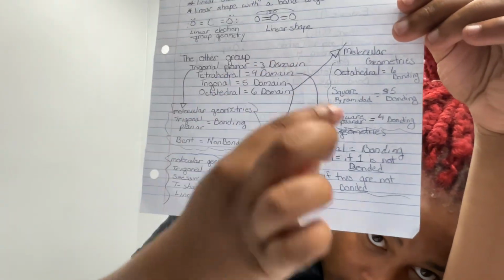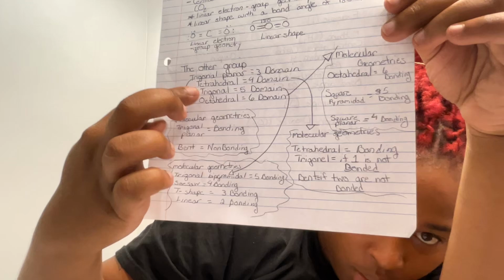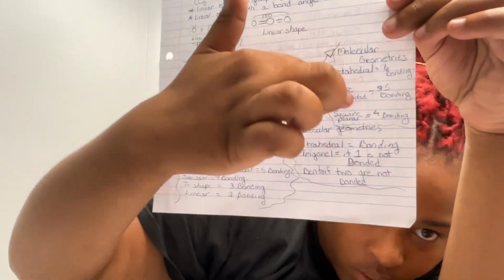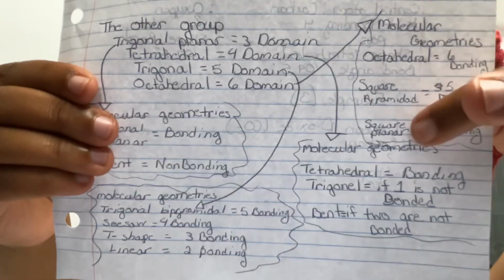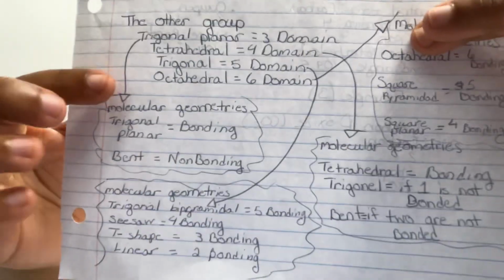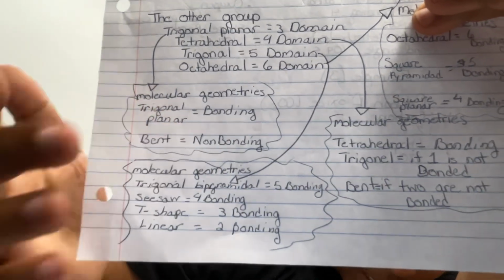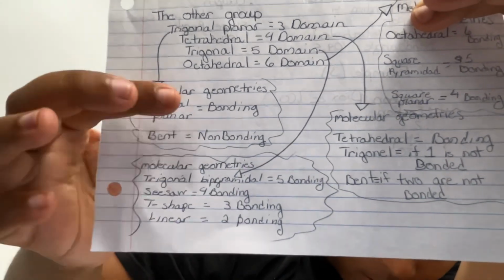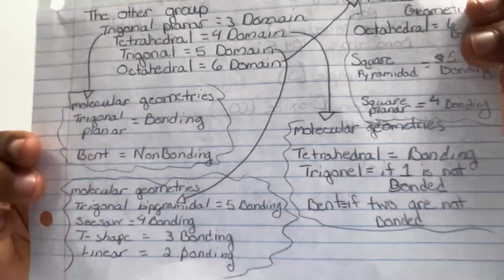These are their domains, and they're arranged in certain ways, so you'll see. Now the bottom one is the highest one, so it's right here to show you how many domains it has. 6, 5, and 4 domains, and these are the different names for them. Same with the rest of these. And one of them, if it doesn't have 2 bonds, then it's no bond, like basically right here. And these are for the